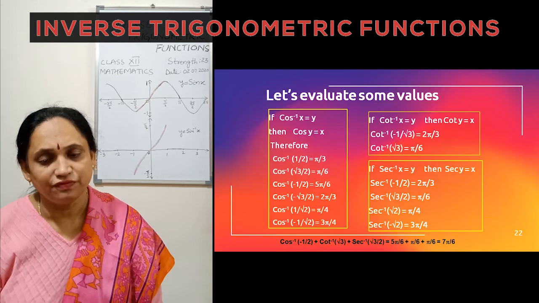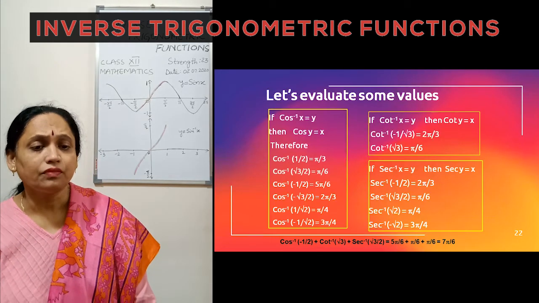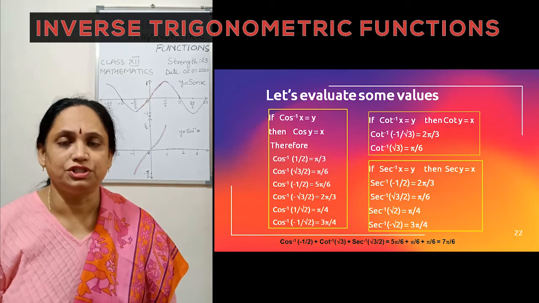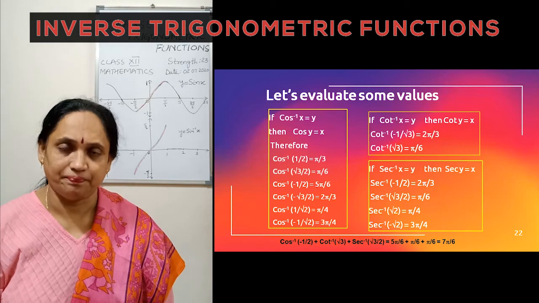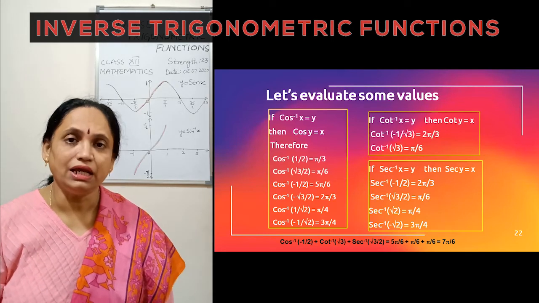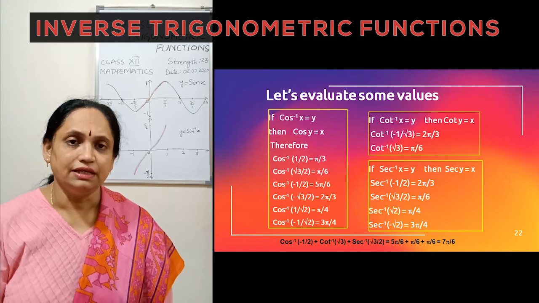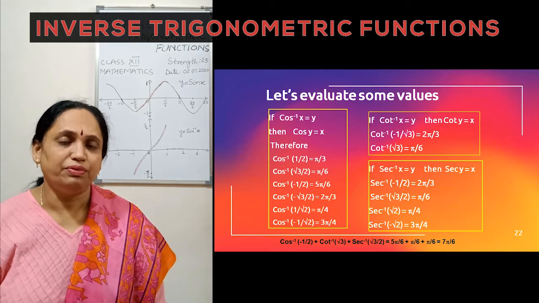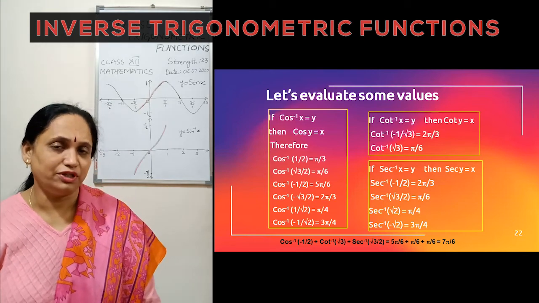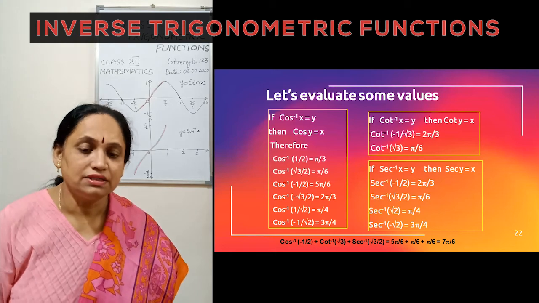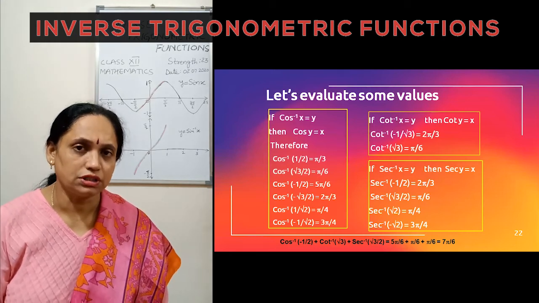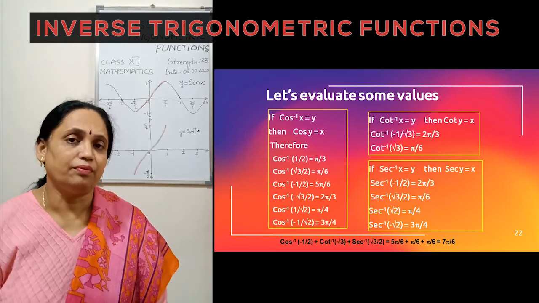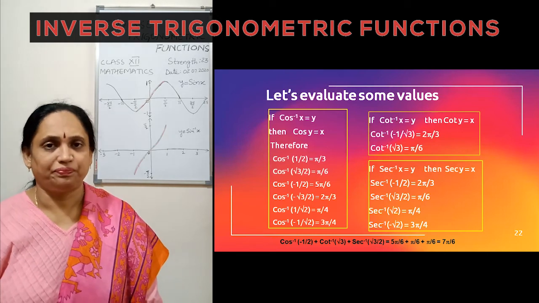We have 3 more inverse functions to evaluate. We apply the same rule, and now this time all these 3 set of functions are in the range 0 to pi. So you can remember them and make a sentence with these first letters, that S, C and T are having the principal value branch as minus pi by 2 to plus pi by 2. And C, cot, cos and secant, CCS, are having the principal value branch as 0 to pi.